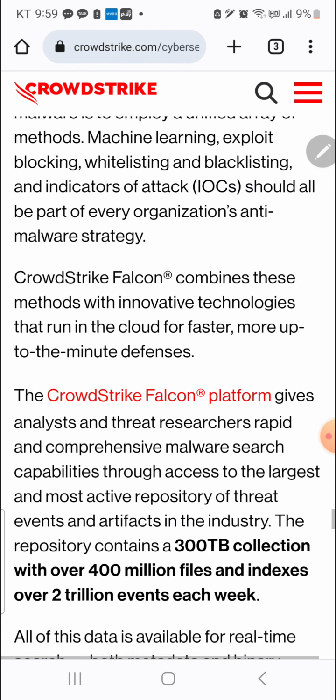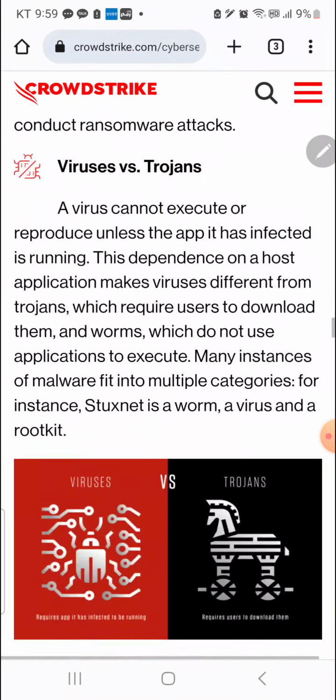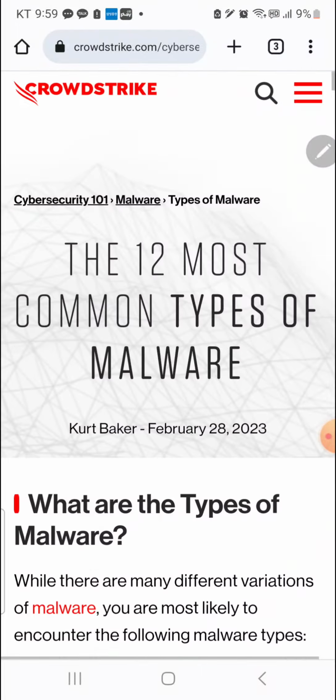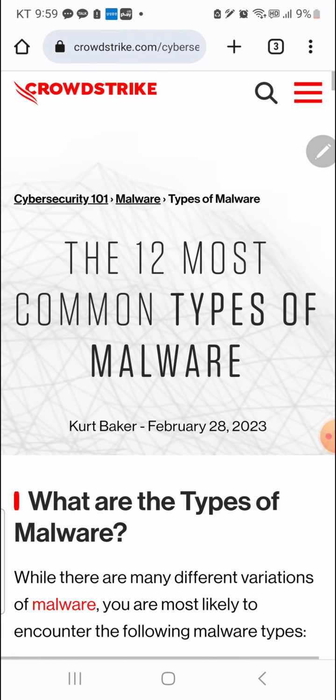So this one was by Kurt Baker. He's a nice guy. Before I go, I'll just go over the malicious malware types, then I will try to recite what I've learned from this article.